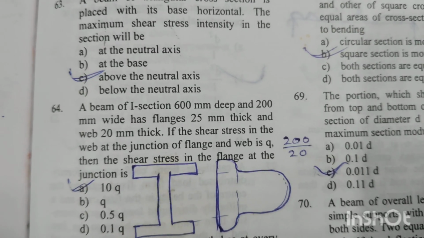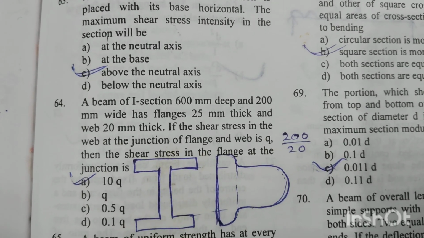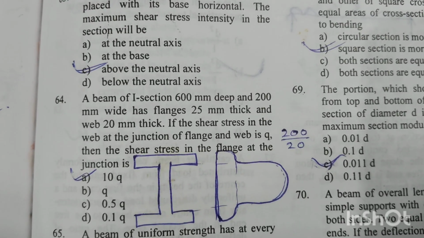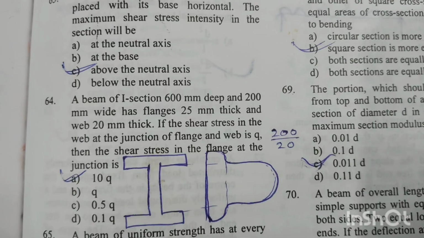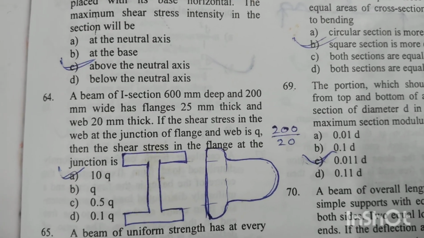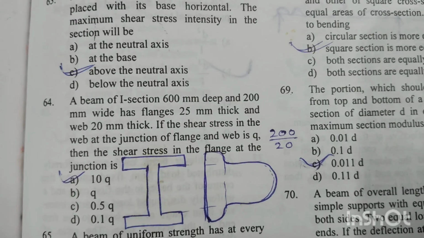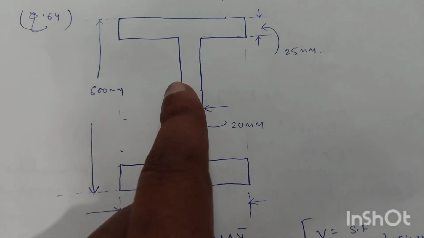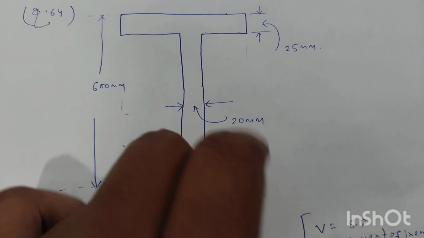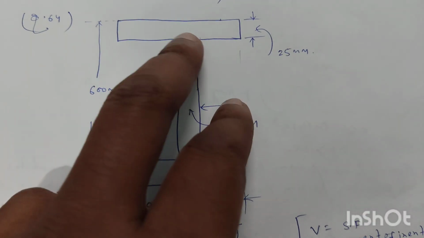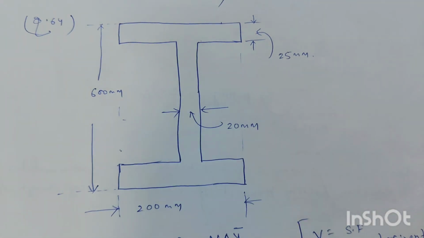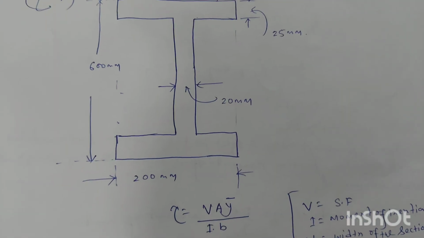Question number 64. A beam of I section 600 mm deep and 200 mm wide has flanges 25 mm thick and web 20 mm thick. If the shear stress in the web at the junction of flange and web is q, then the shear stress in the flange at the junction is. The beam of I section has a total depth of 600 mm, the thickness of the web is 20 mm, the width of the flange is 200 mm and the thickness of the flange is 25 mm. We know the formula for shear stress on a beam is equal to